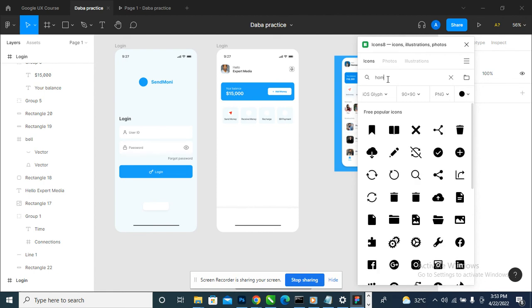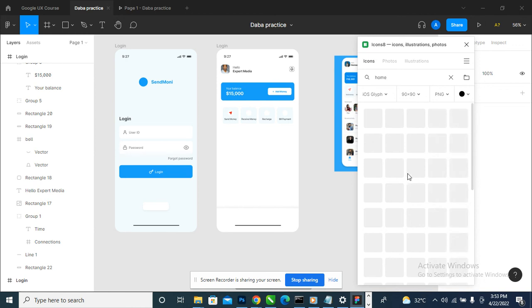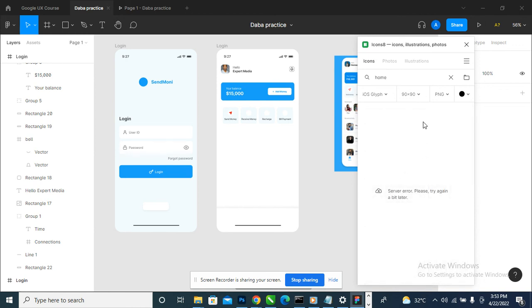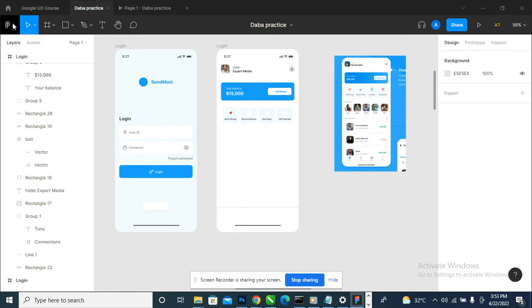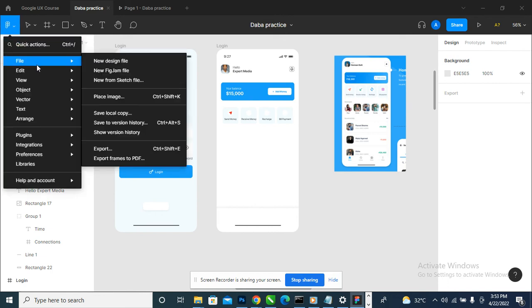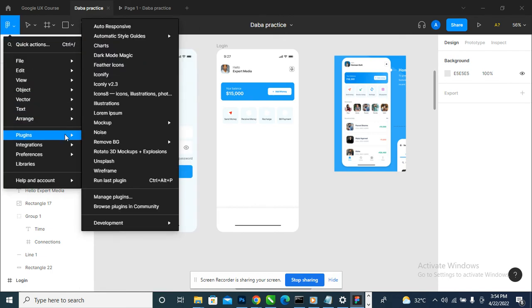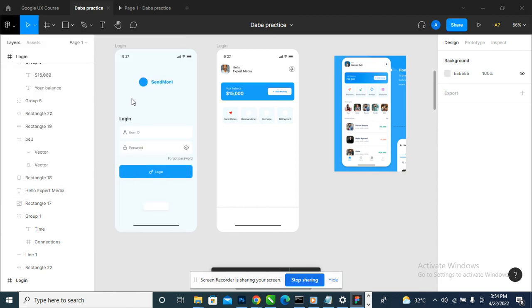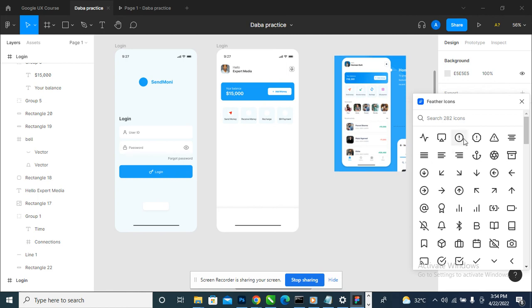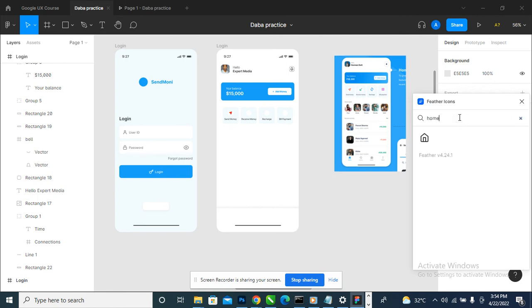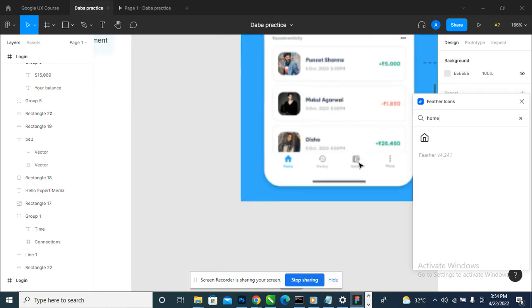The first one is home. The reason why I don't like this is because you have to be selecting either PNG or SVG, and they have premium things. If you download up to 4 or 5 now, they will start asking you to pay. So I use feather icons a lot. Let me just stick to this. It's not compulsory that I use the same solid thing. But for the sake of